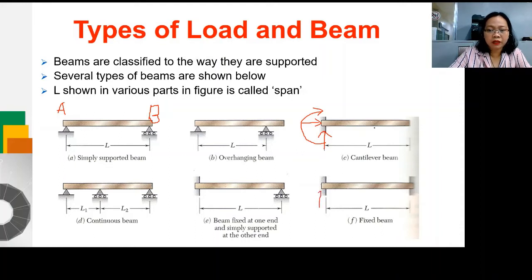So how many unknowns here? You have 1, 2, 3. So the same goes at this end. You have three here, because it's fixed supported. So both ends have 3 unknowns. So muna siya. Okay? So with this type of beam, we'll not discuss it here because it's for more or